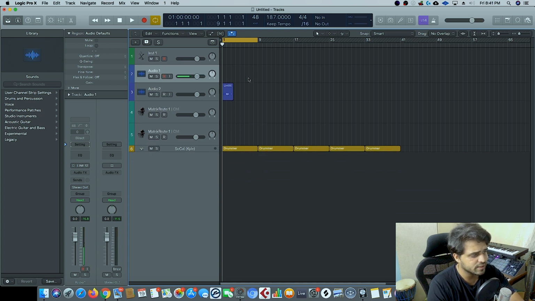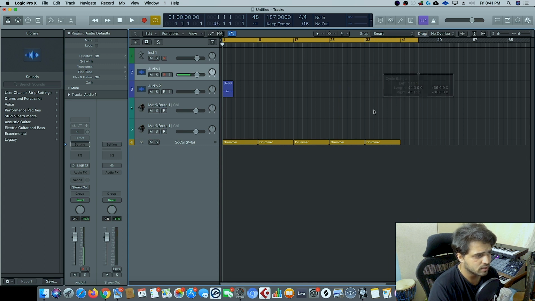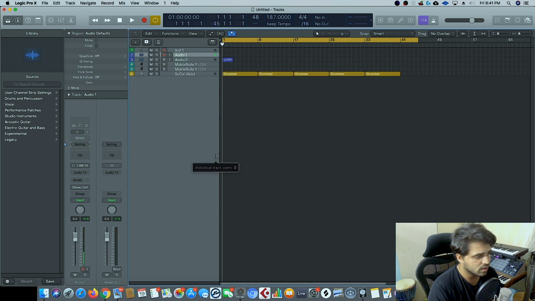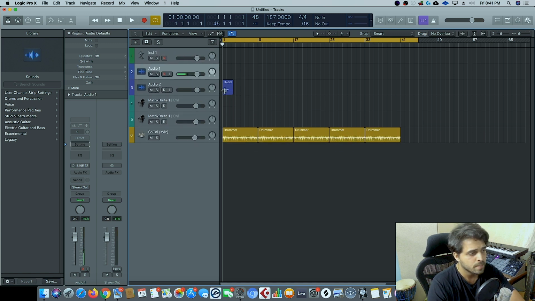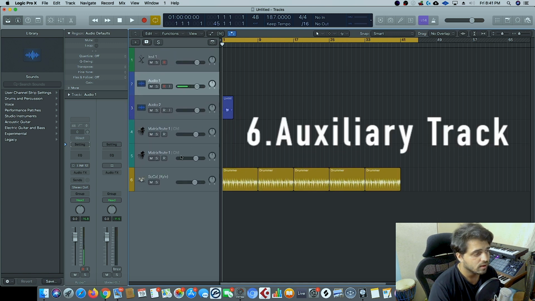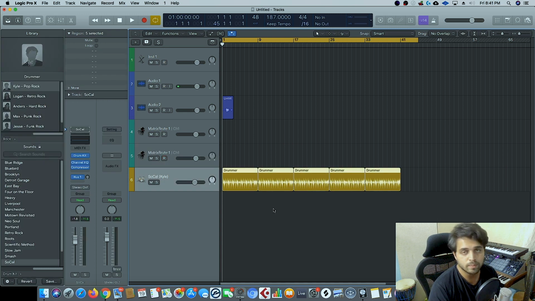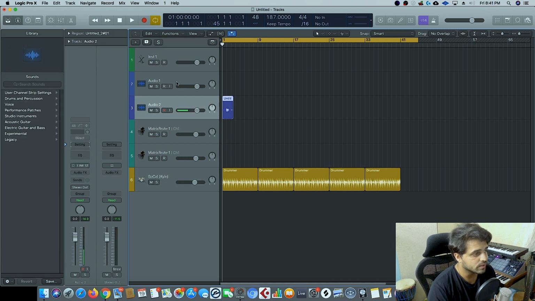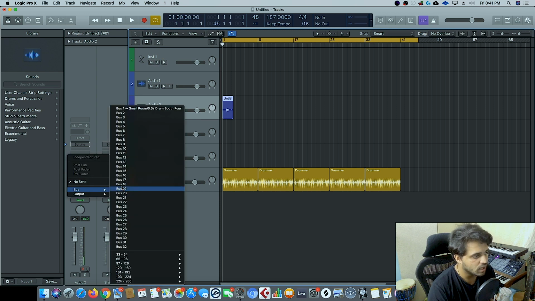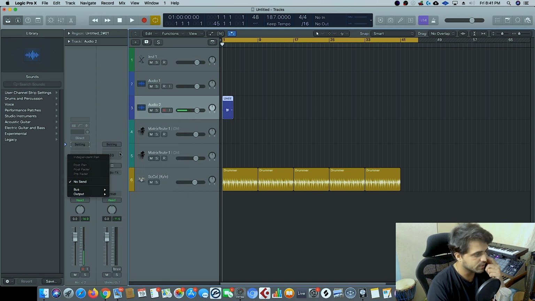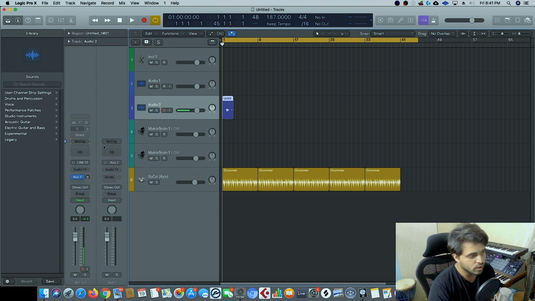These are the typical 5 tracks which are used to make music, and there are certain tracks which are used for processing. There's something called an auxiliary track which is used for parallel processing. So basically, if you want to add reverb or a delay, or if you want to do parallel compression, all you have to do is go to your software instrument track, or you can go to any track, and you will see a column called sends here. I'll just go to bus and I'll select bus 2, and Logic will automatically create an auxiliary channel track whose input is bus 2.